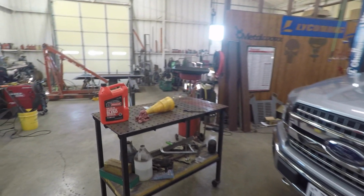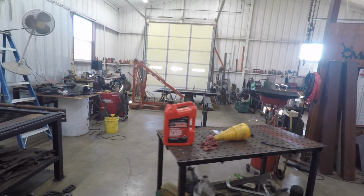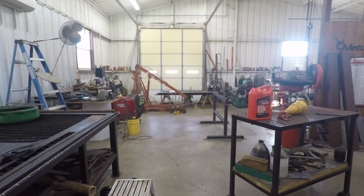And yeah, I've still got some projects around the shop that I'll try to show a little update on. I'm not happy with how that metal brake has turned out completely. It's going to work, but